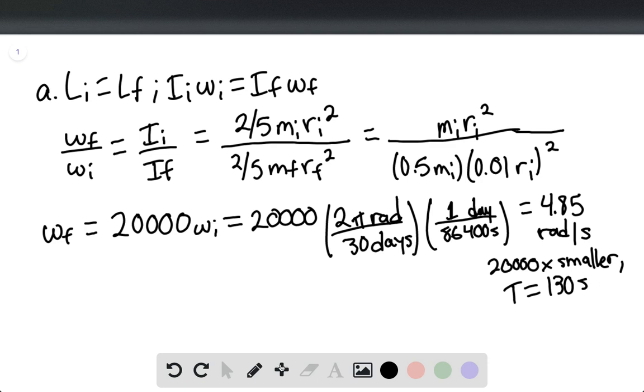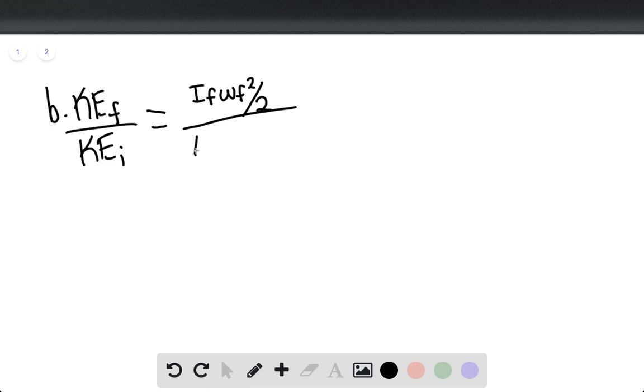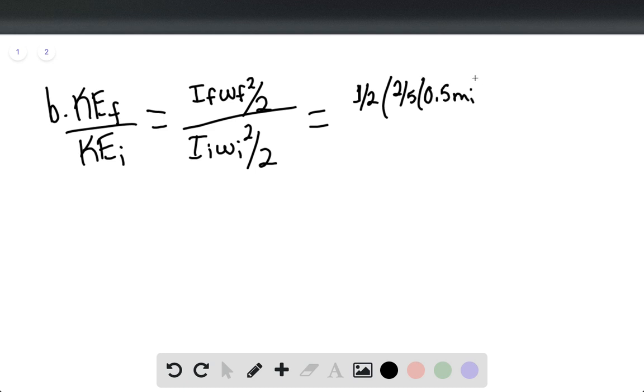So that would be for part A, and then for part B, they're asking us for the ratio of the final and the initial kinetic energies. So this will be I final omega final squared over 2, and then divided by I initial omega initial squared over 2. This is going to equal 1 over 2 times 2/5 times 0.5 m initial times 0.01 r initial squared,